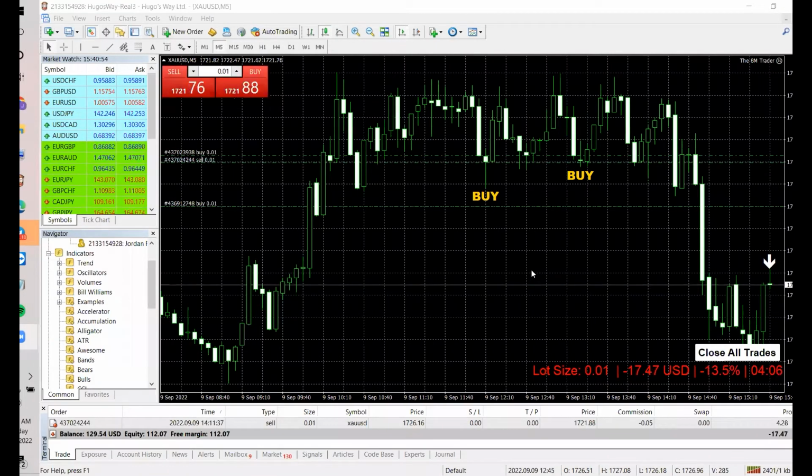Hey, everybody. So we are back at the charts. I'm really glad that we decided to put that sell trade right there and protect our capital because, as you can see, since we had placed that particular trade, let me grab my pen. Since we had placed that particular trade, I believe it was right here, it did go up a little bit, so that's cool. But then it went all the